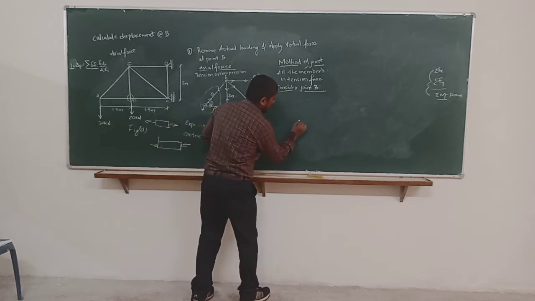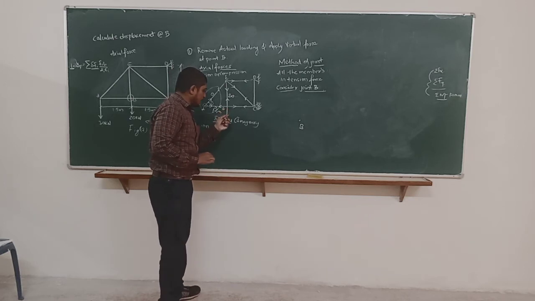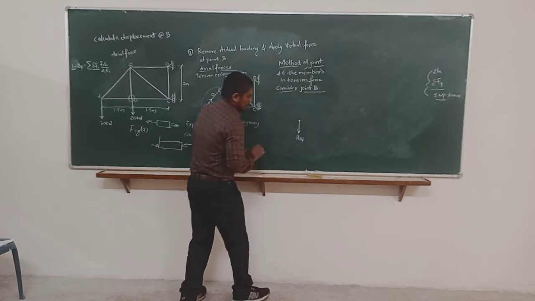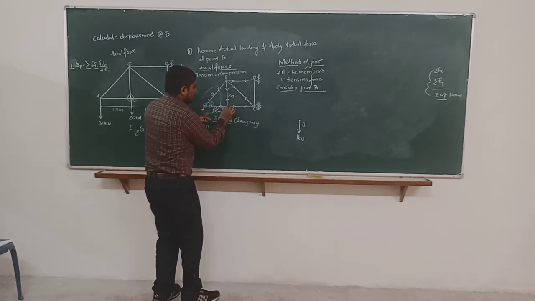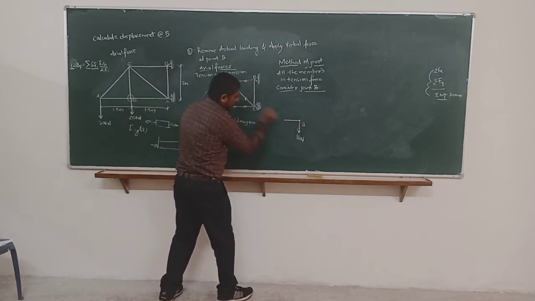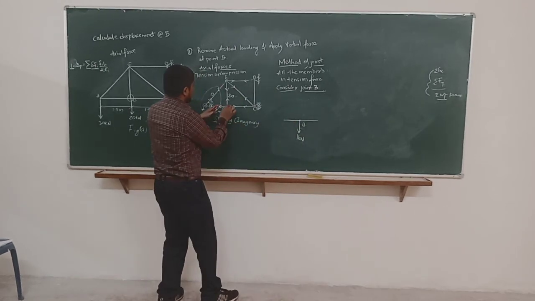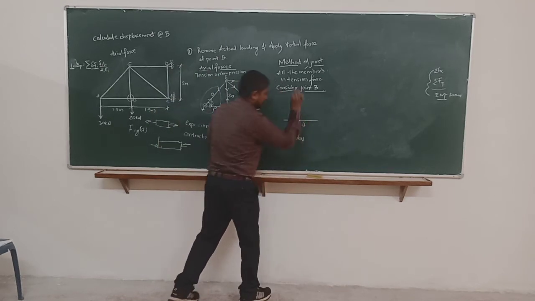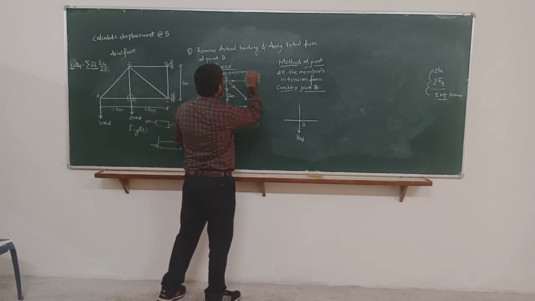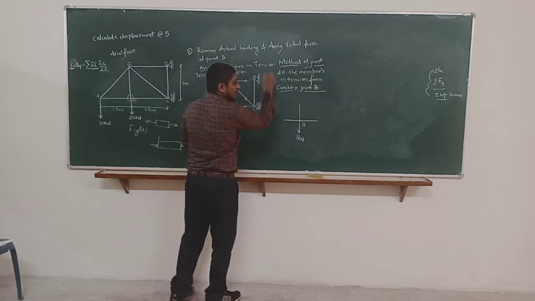Now when I consider joint B, just put a dot here, first write B. At B there is an imaginary force which I have assumed, that is 1 kN. Point B is there. Now just think, to this point B, which all members are connected? AB is connected, draw one line. BC is connected, draw one line. Then again DE is connected, draw one line. Initially what have we assumed? We have assumed that all the forces are in tension.